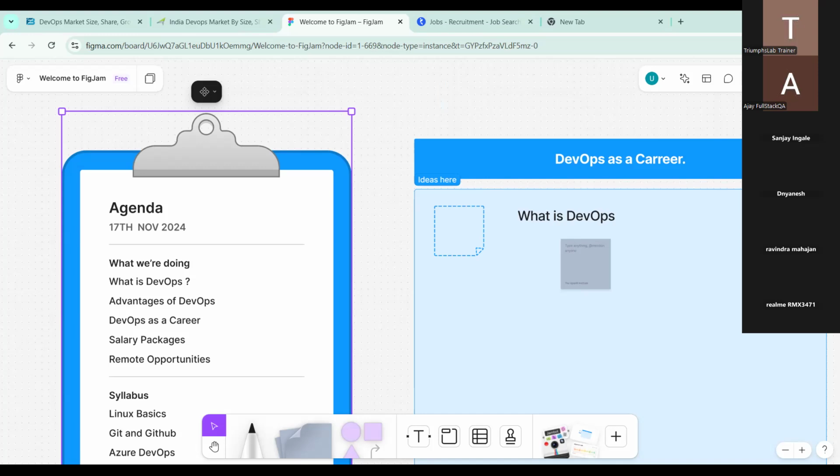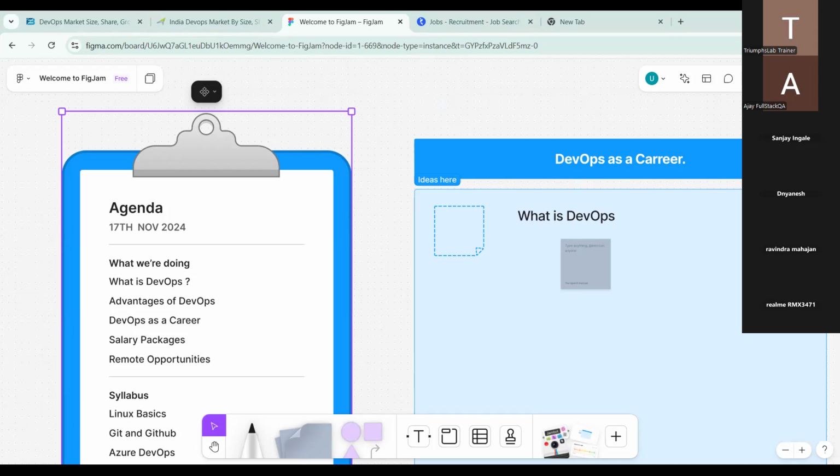If you know what is DevOps, type yes in the comments. If you don't know anything about DevOps, type no, because I will tailor the session according to the audience.